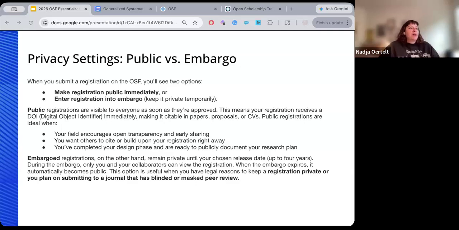One important note, the anonymized view-only link can remove contributor names from a visible registration page. So if you do need to do that, that's something that you need to do when you're creating that view-only link. And another very important thing to note about privacy and registrations is that DOIs are only assigned to public registrations. So if it's under embargo, it won't resolve until the embargo ends.